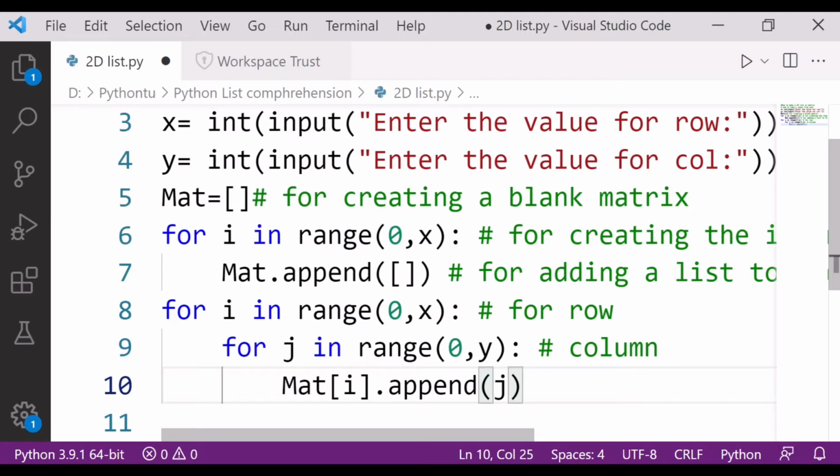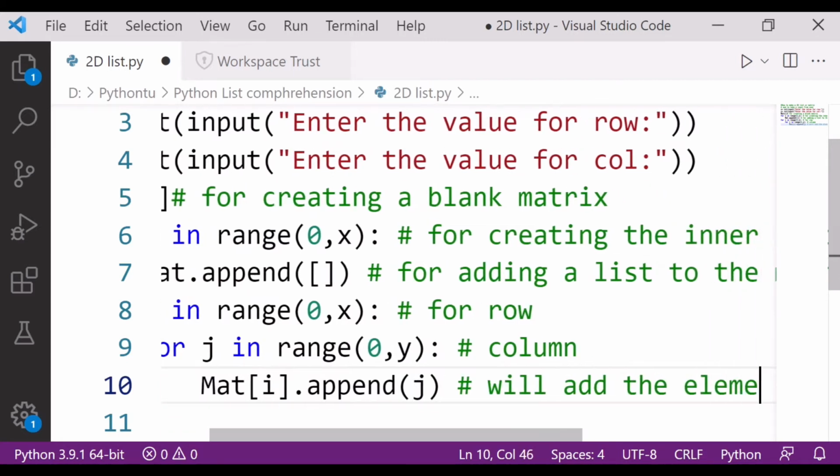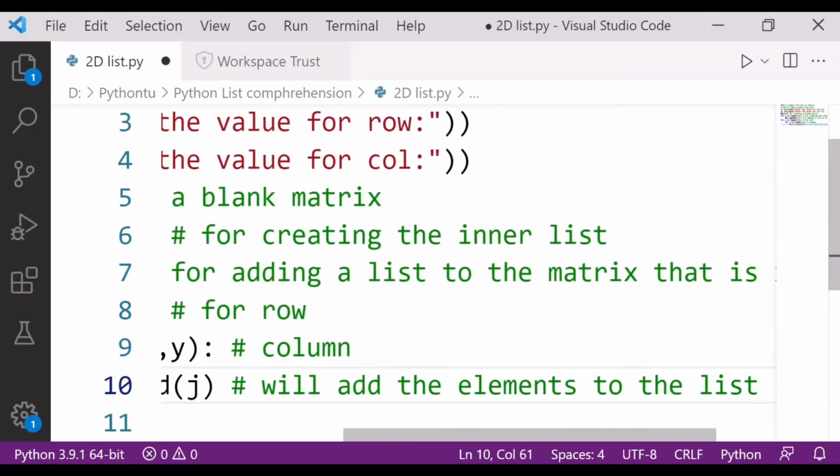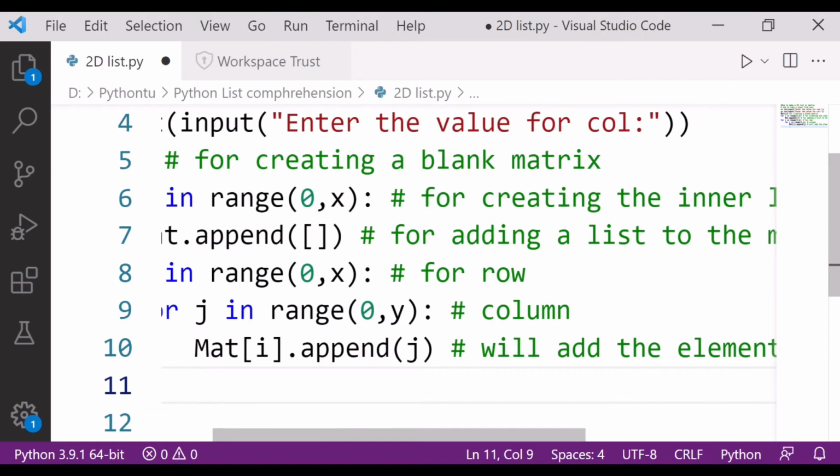Fine. So what is the meaning of this line here? The meaning is that it will add the elements to the list. So let's write down: will add the elements to the list. It's for your reference.